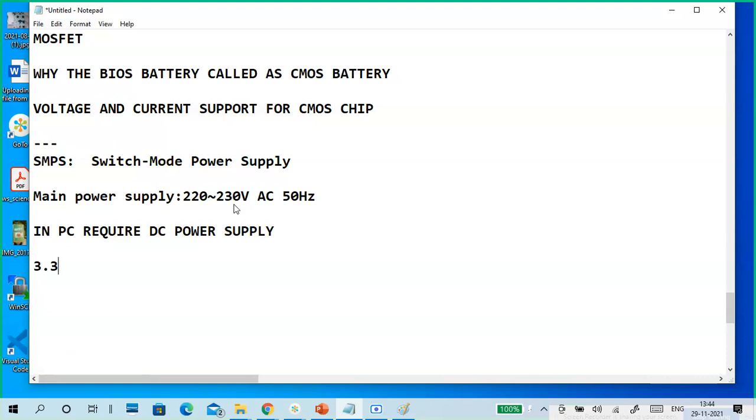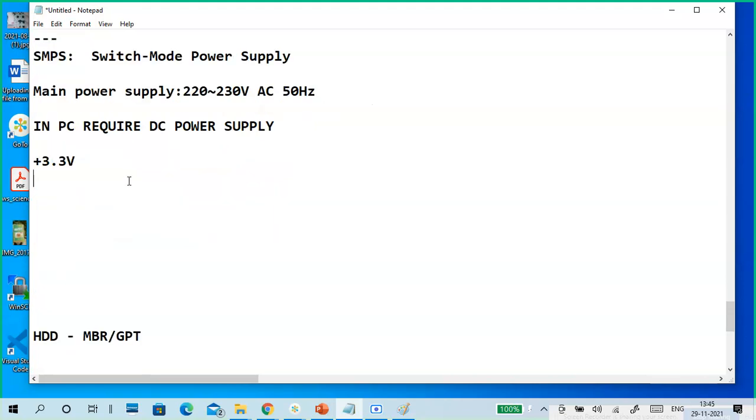So starting with 3.3 volts in plus format, because DC has plus and minus voltages. AC doesn't have any plus and minus, but DC does. So plus 5 DC, minus 5 DC, plus 12 DC, minus 12.